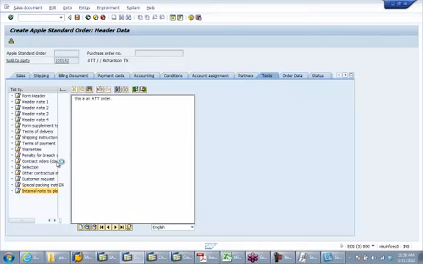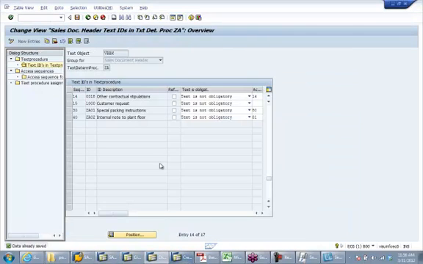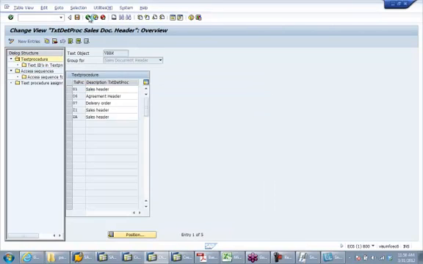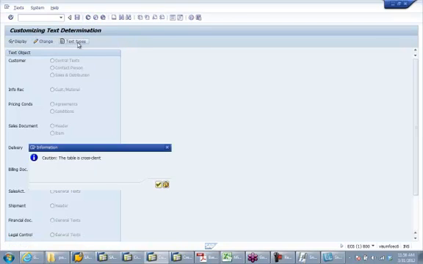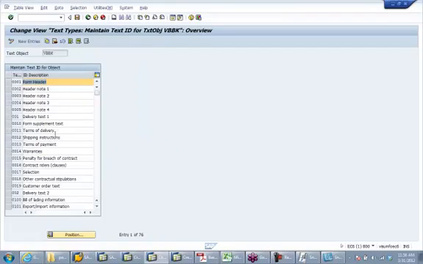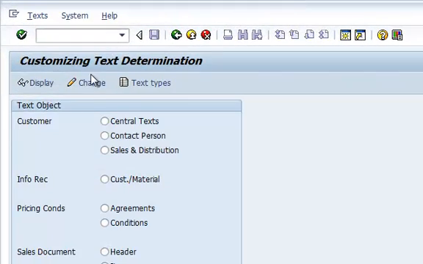and if again in the delivery also, if you use the same text IDs, all this information will be copied over into the delivery, and from there on it will be copied into the invoice also. Okay, so that's how you do this text determination. So again the same thing, delivery also, you go to text type, you can create any text types that you want, and you come back, you go to change mode,